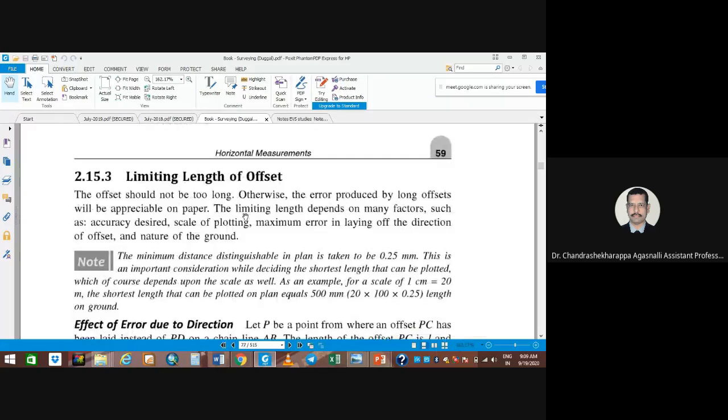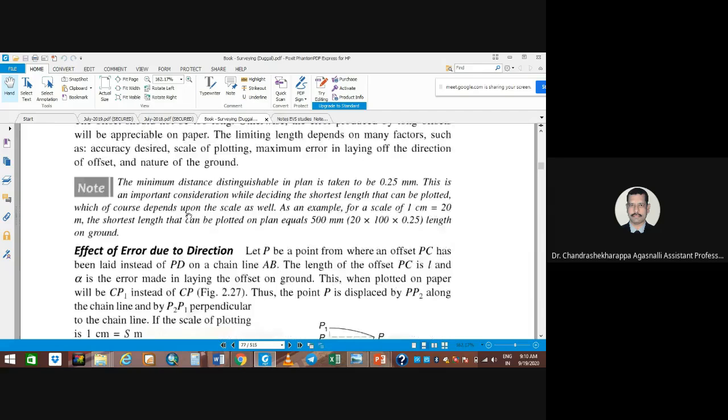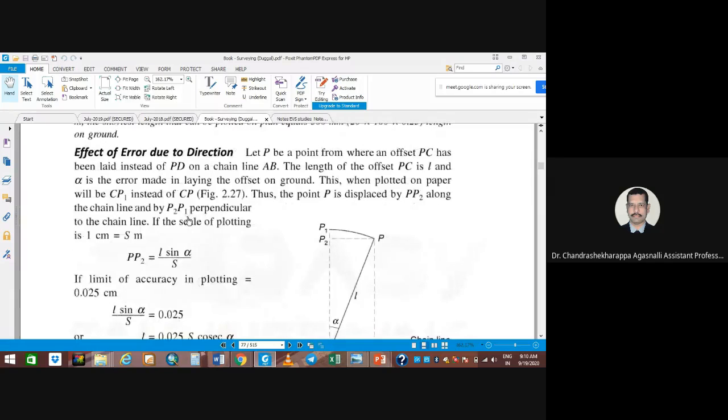So the length of an offset should not be too long, otherwise the error produced by a long offset will not be appreciable on paper. So it should be a very short distance on either side, not for 100 meters, not more than 100 meters. Right, so these are some of the